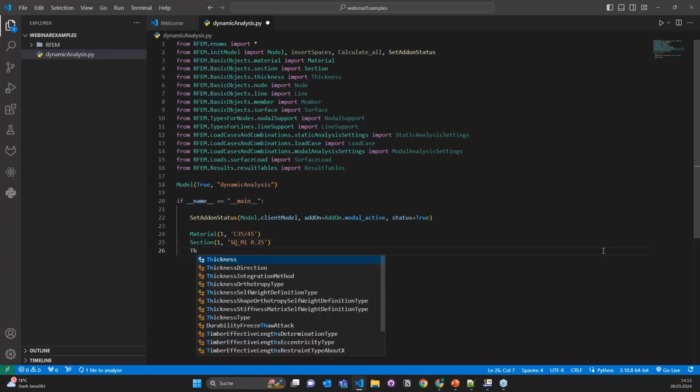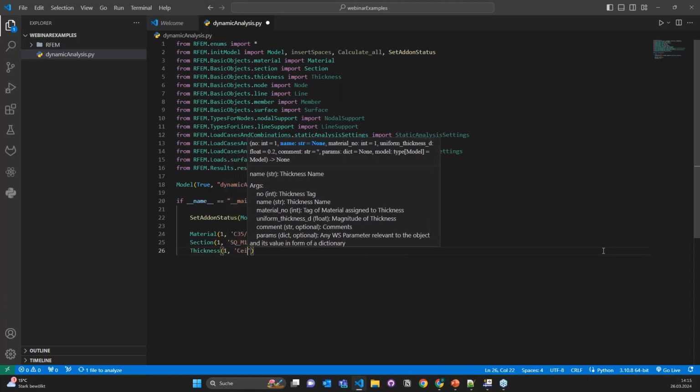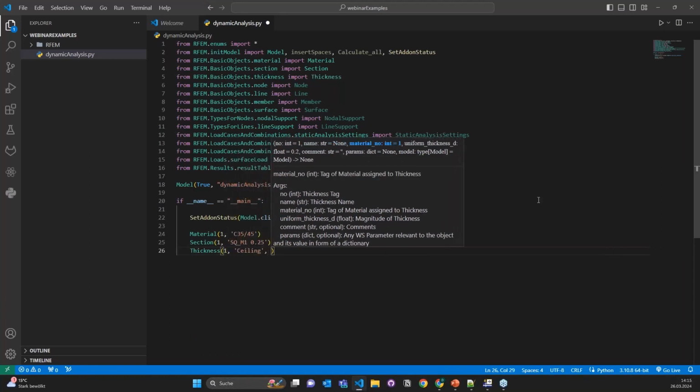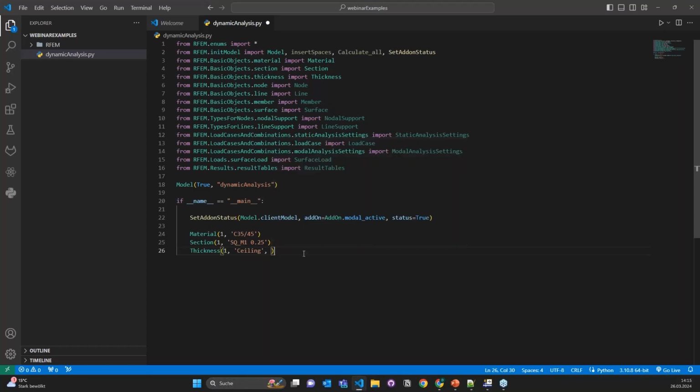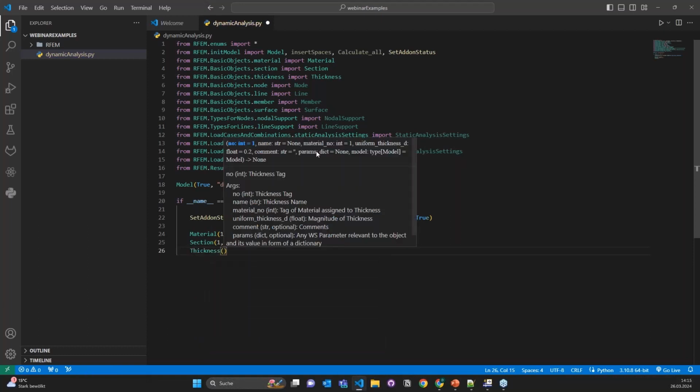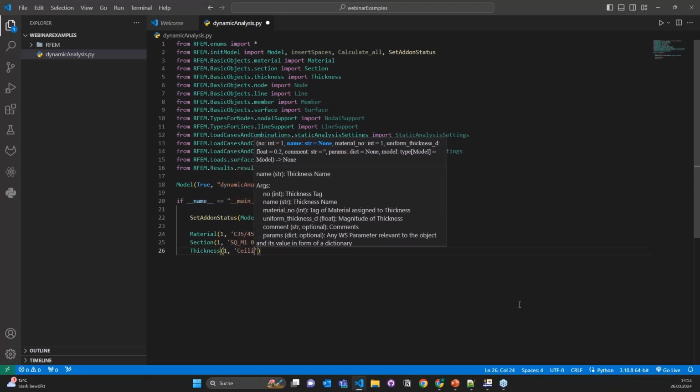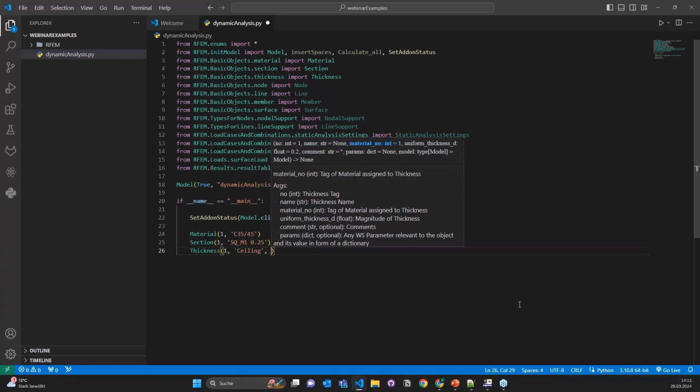And then I'm going to create 2 thicknesses. The first one is for ceilings, and I'm going to use the material. As you can see, when I create something, when I call a class, I'll do it from the scratch. When I call a class thickness, when I open up my parentheses, you can see which arguments you need to give, namely, the first thing is the number of the thickness, so it's 1, and the second is the name, so I'm calling it ceiling, and the third one is the material, so you need to pass the material number. So I have this concrete material number 1, so I am giving 1, and the uniform thickness,